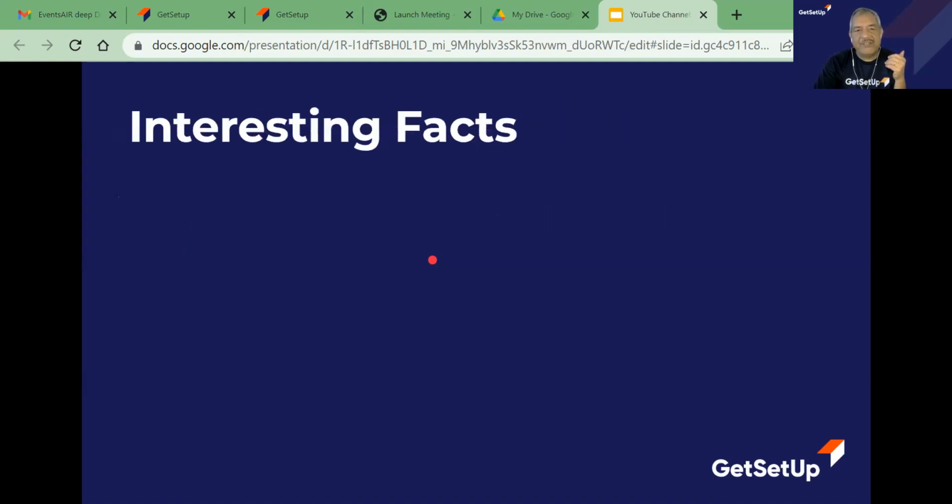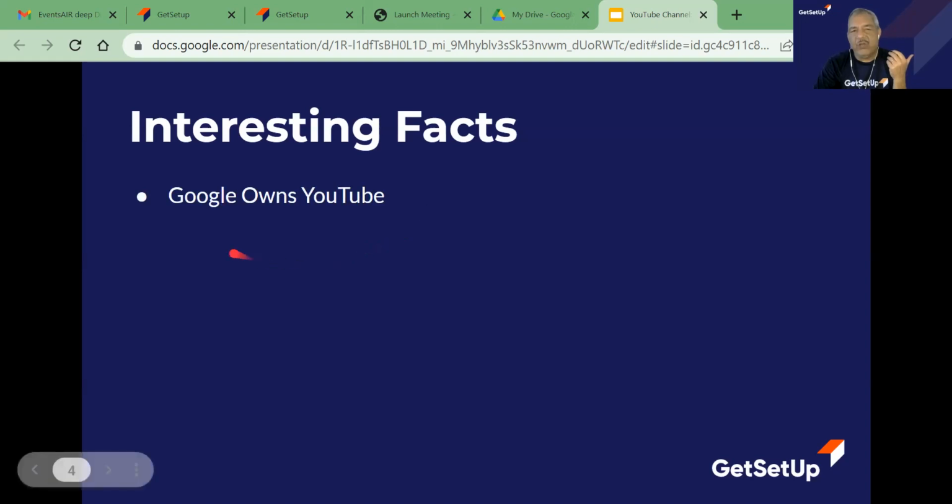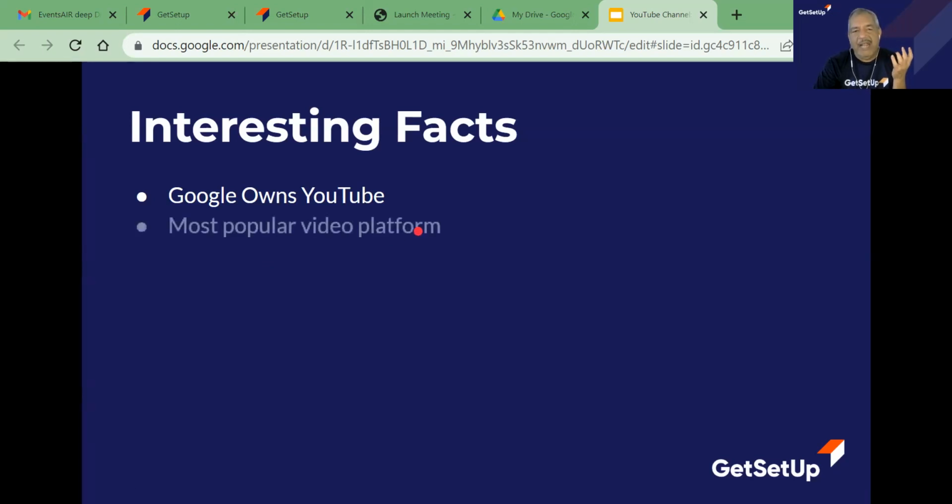Moving ahead, just a few interesting facts about videos, and that too on YouTube. First things first, of course, we all know Google, the software giant. It owns YouTube, and it is the most popular video platform.